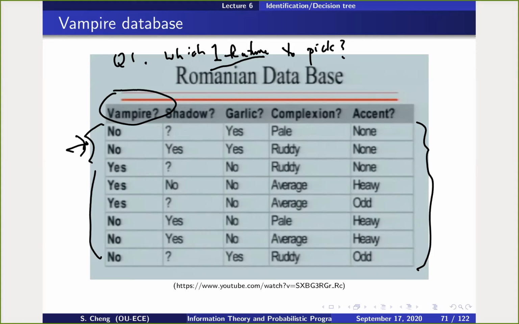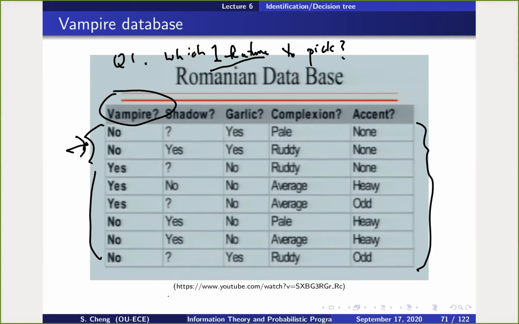Like I guess many of you guys already give an answer. So let's look at each of these. I can think of each of these guys. Garlic, it looks promising. Yeah, garlic looks a little bit promising. So if I use garlic, just out of this data, of course, what we can do here is